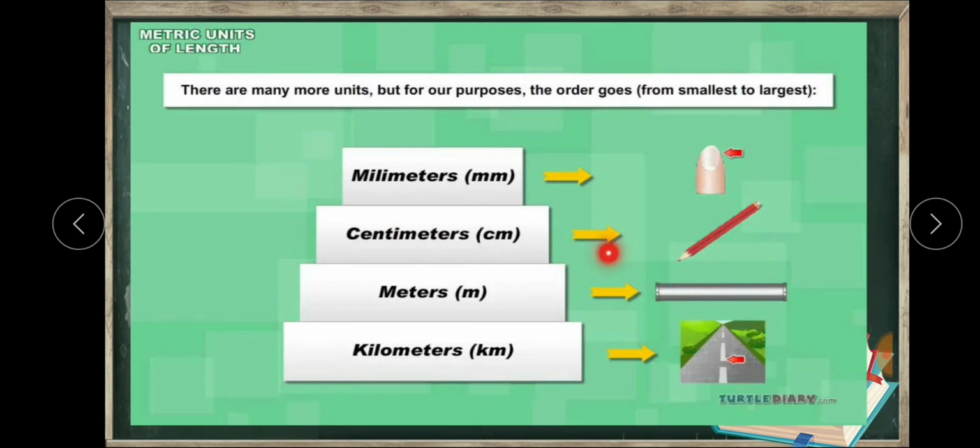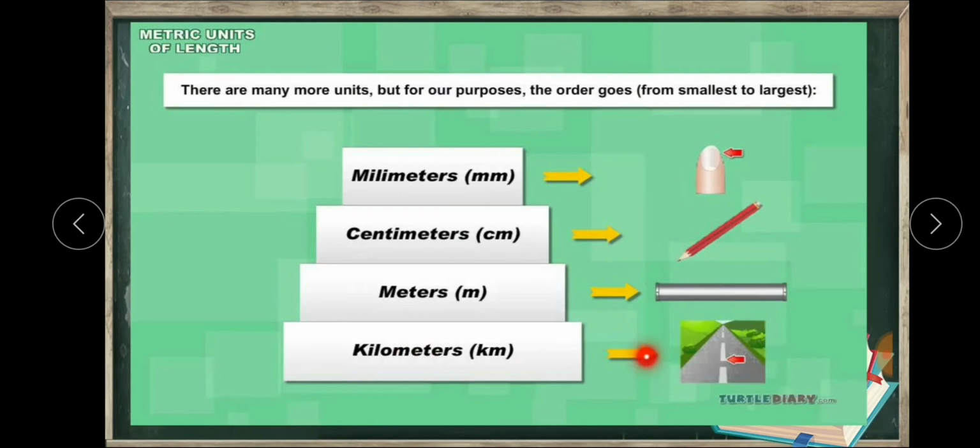And in the case of centimeter, we can say a pencil is a best example of an object measured in centimeter. And here we can say a road is measured in meter. The length of a sari is measured in meter, the height of the door is measured in meter, and the length of the dining table is measured in meter, and so on. And in the case of centimeter, we can say an eraser is measured in centimeter, a pen is measured in centimeter, and your pencil box is measured in centimeter.